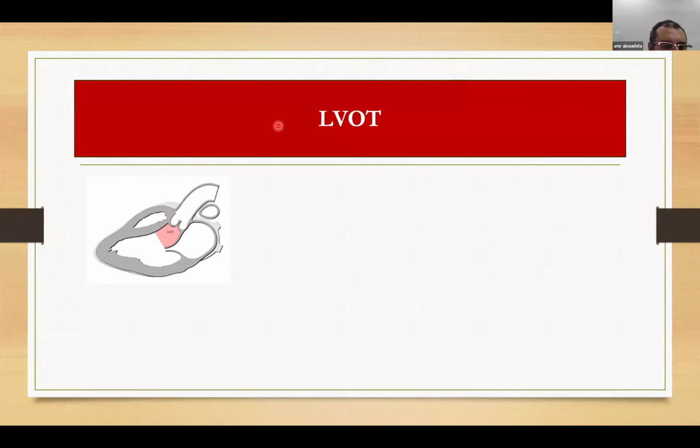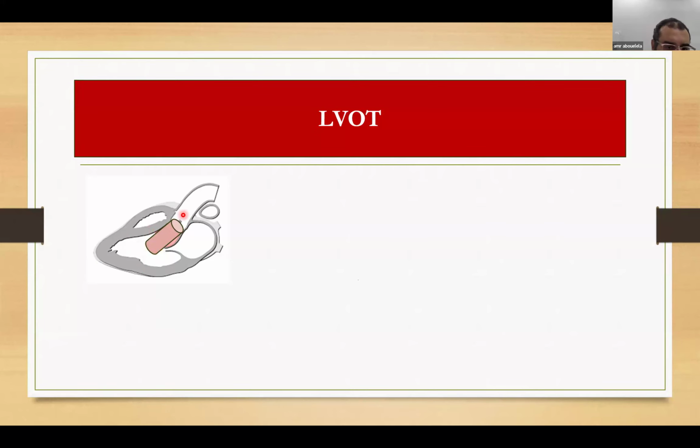Basically, this is a parasternal long axis view of the echo. And this is, of course, the left ventricle. This is the aorta, and this is the left ventricular outflow tract. This is the area where the stroke volume is delivered from the left ventricle towards the aorta. And you can understand the idea of calculation of the stroke volume here by considering this shape or this volume